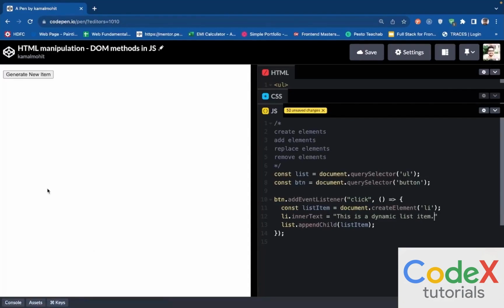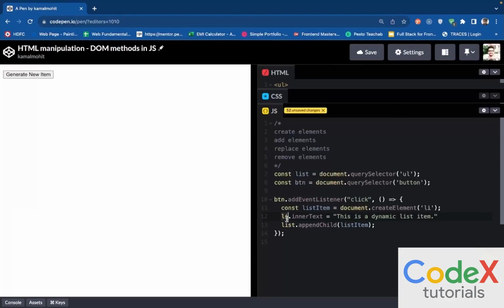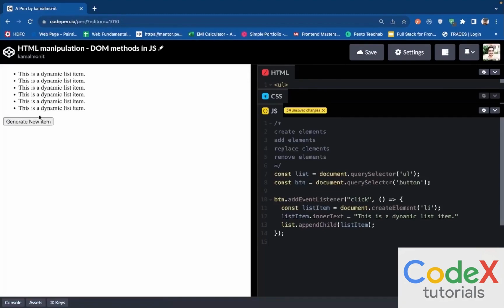And now once I run this, we'll see that there is some error. So I will see what the error is. It says li is not defined. That is because this is not li, this is actually listItem, right? And now let's run this and see whether we are getting it. And now on the click of the button, I can see that all of these li elements are getting added